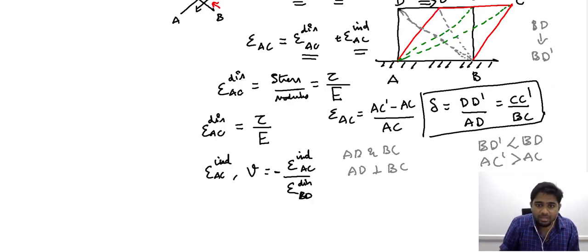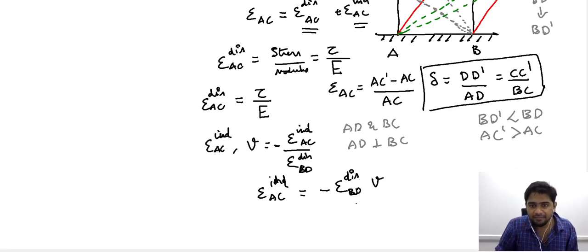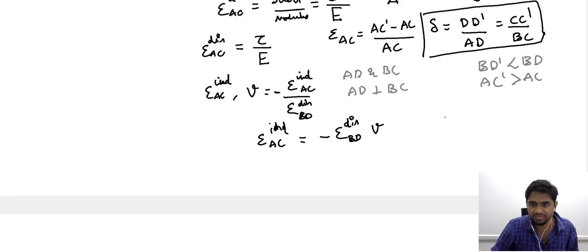Now, from this expression, we have the negative sign here. From this expression, the indirect strain epsilon AC is nothing but minus the direct strain along the other diagonal and the Poisson's ratio. Now, whenever you have an expression for the direct strain, it is rather straightforward. We will be able to calculate this direct strain because it is nothing but the ratio of